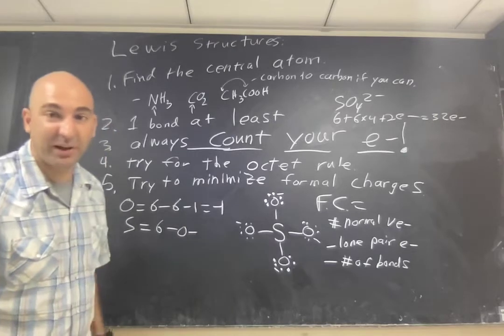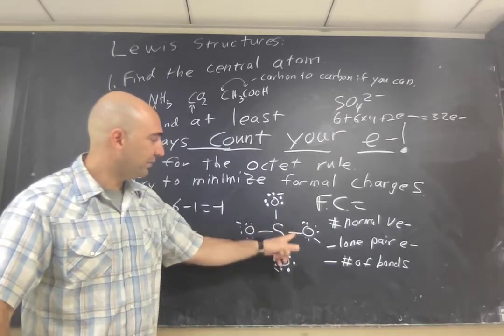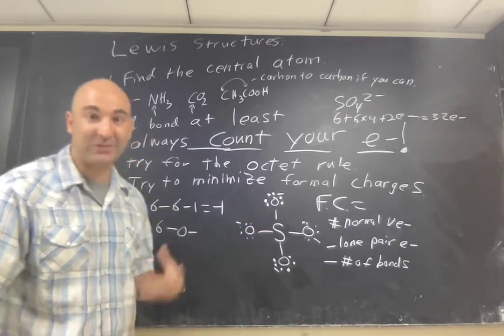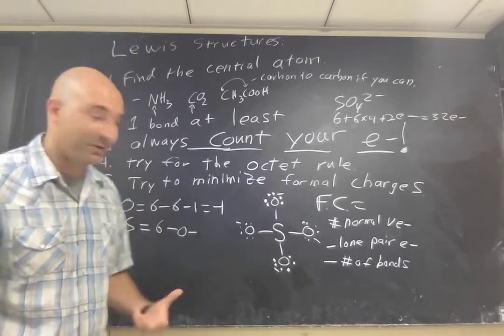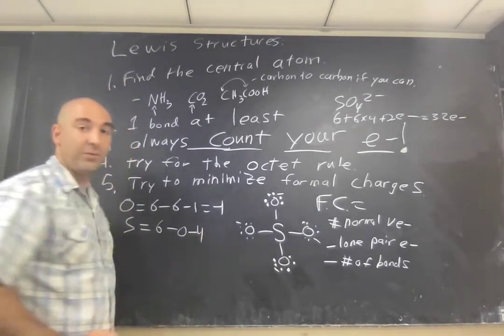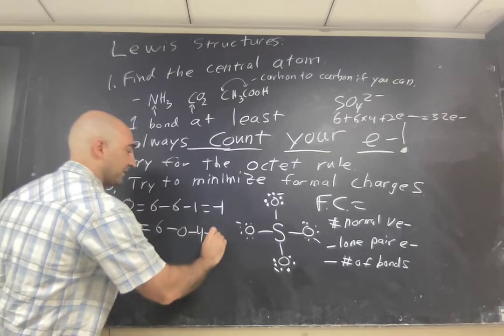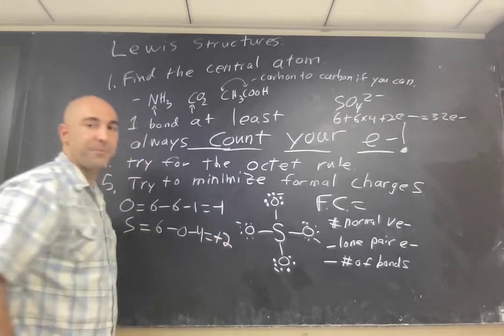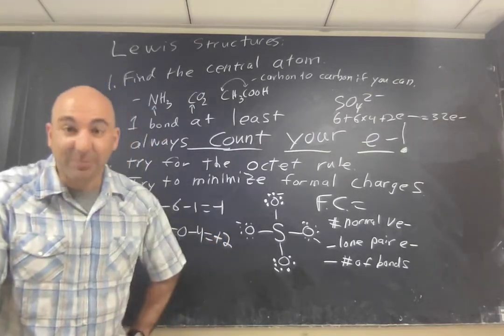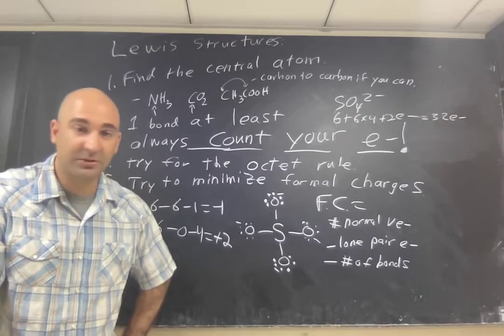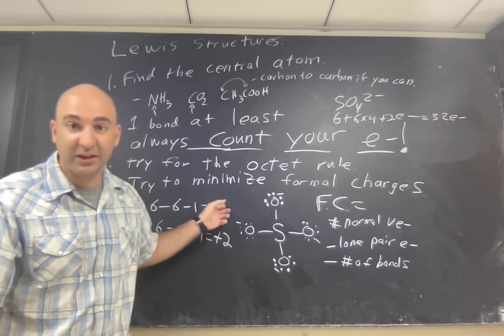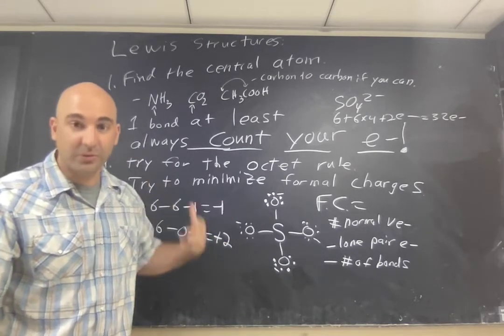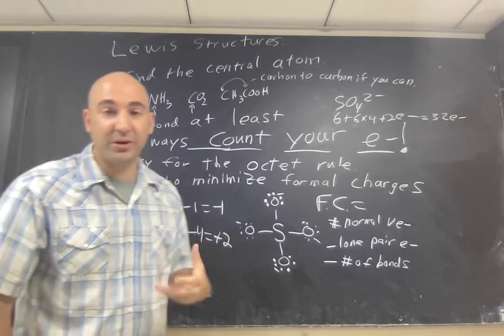Minus, how many bonds does it have? 1, 2, 3, 4, because half of these bonds belong to it. If it's a divorce in chemical divorce court, it's going to get 4 electrons. So it has a charge of +2. Is anybody happy? No. Sulfur is positive. Oxygen's negative. So what you can do, and this is where you have to really try, is there's this